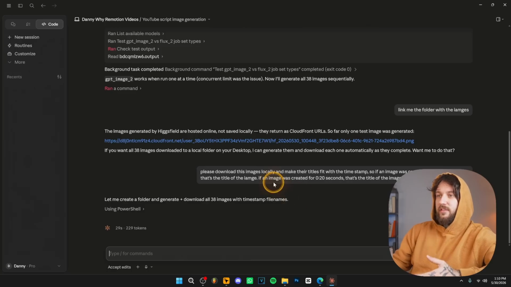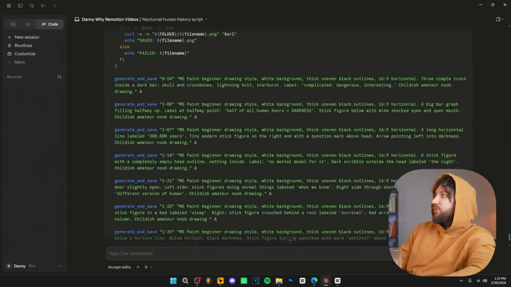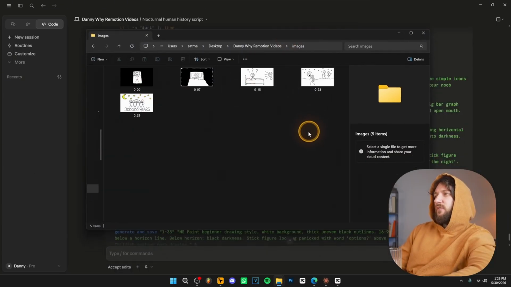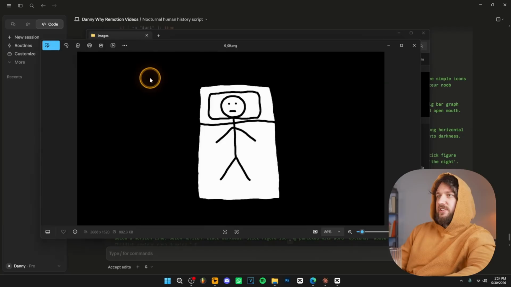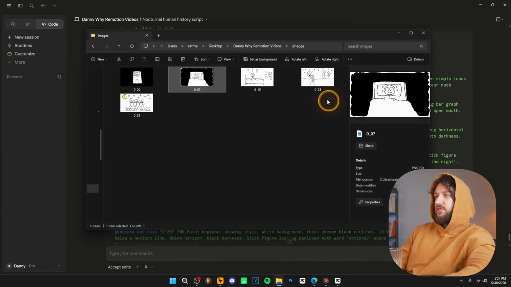And why that's important is because we know where to place them on the timeline when we edit the video. So basically, it's going to create a folder like this one over here. And as you can see, inside the folder all the images are slowly starting to be downloaded. This is the first image, now the second one. So basically, how you edit the video now is super straightforward.